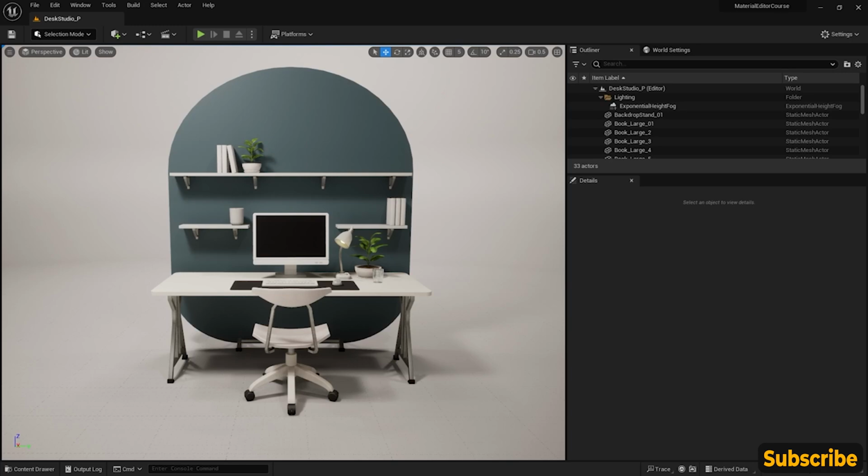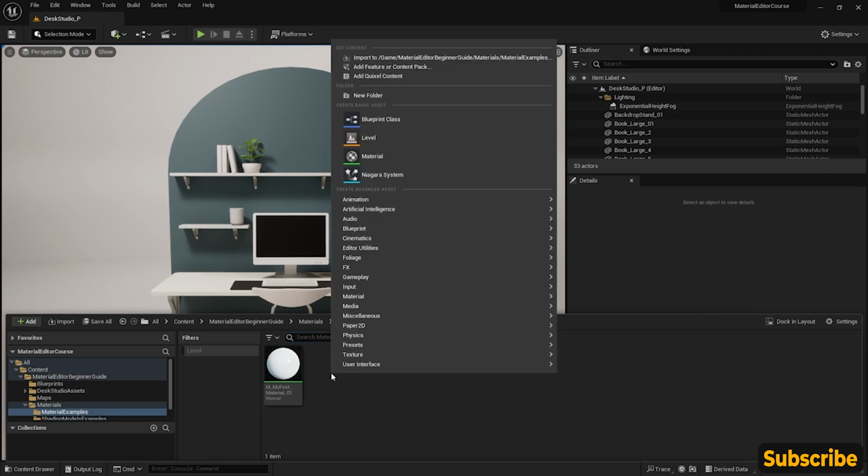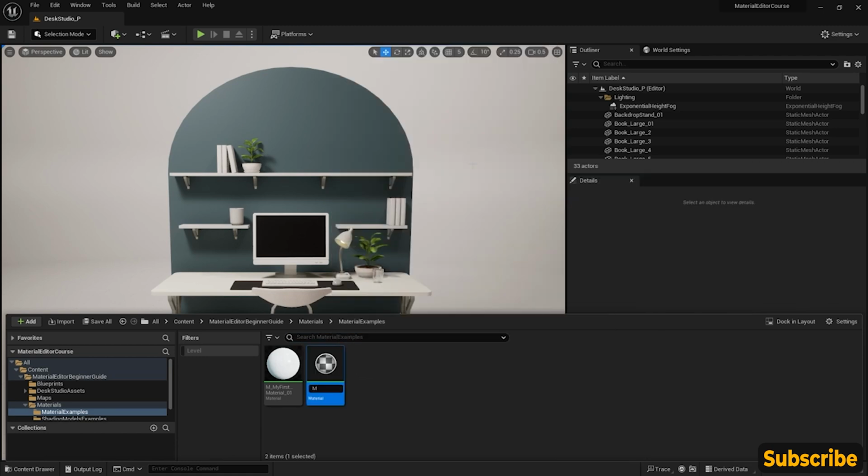Let's make a material that goes over a very core concept that I think will be important for you going forward. So again, let's go into our content drawer. And if you haven't already, inside of here, we're going to make a folder. I have one called material examples. Feel free to place this where you want. And I'm going to right click and make a new material. And I'm going to name this material